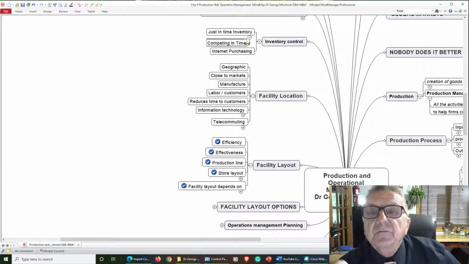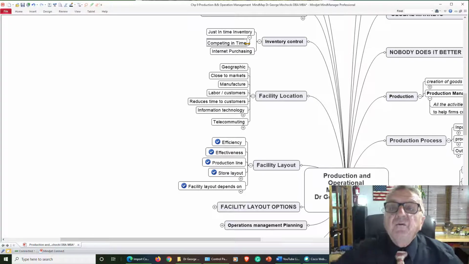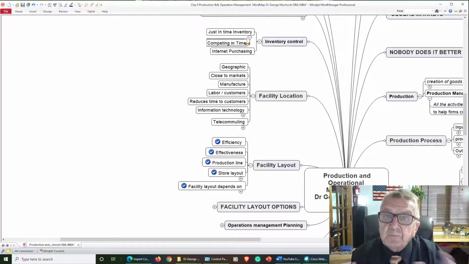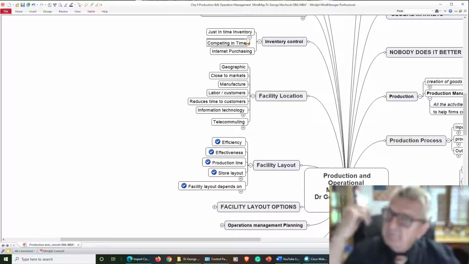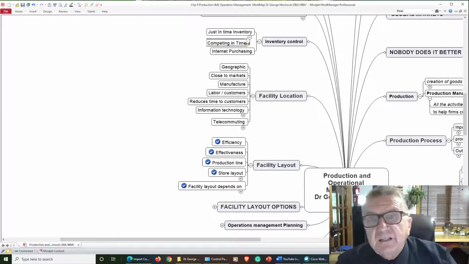Now if you look at the layout, if you look at Best Buy, if you notice the Best Buy stores are smaller, their footprints are smaller, less cost, everything else, but they have a distribution system where if you buy something, unless you're buying something right on the display, they don't have any inventory in there.